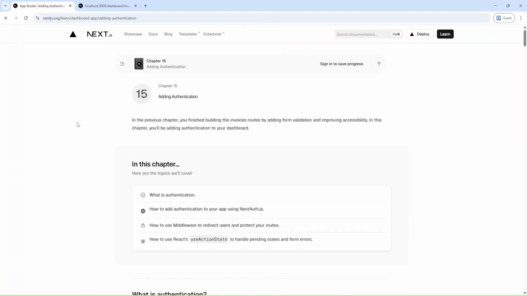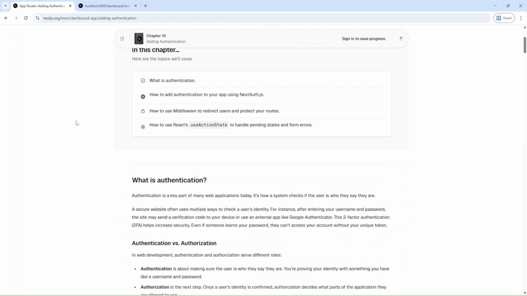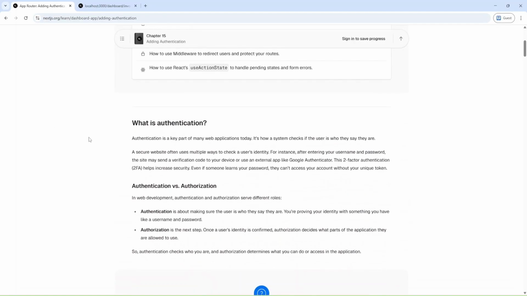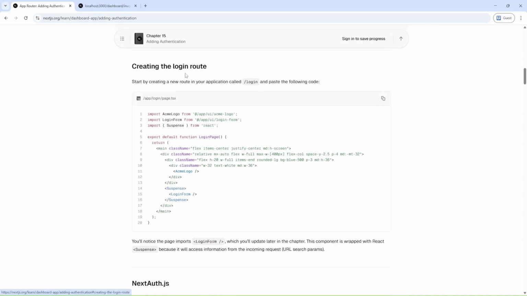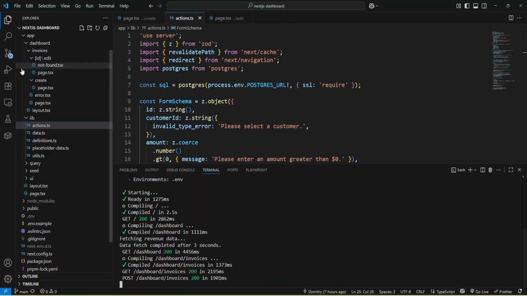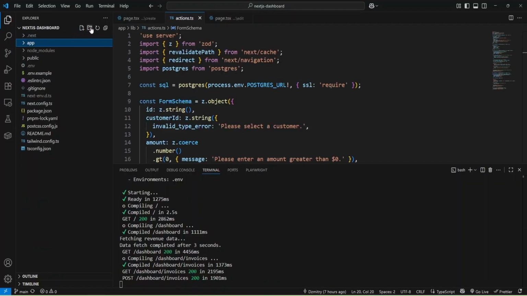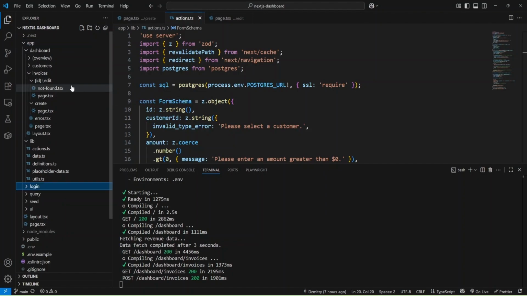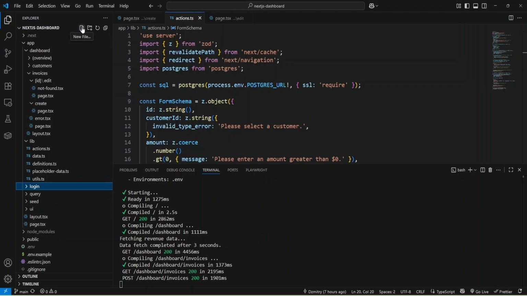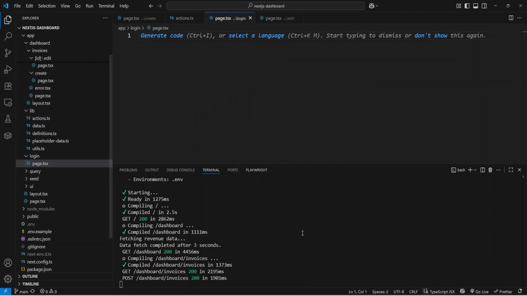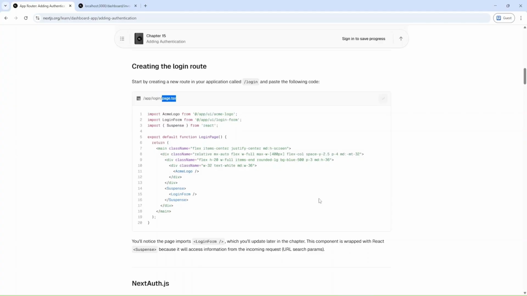Chapter 15, adding authentication. Okay, you can read about what is authentication, and I'll go forward and create the login route. Okay, and I need to create a new folder inside my app, and it will be login, and also I'll create page for my login route, and we'll just provide this code.